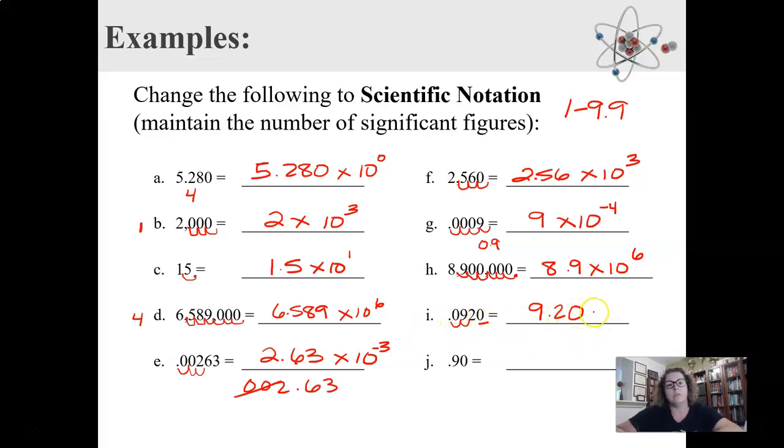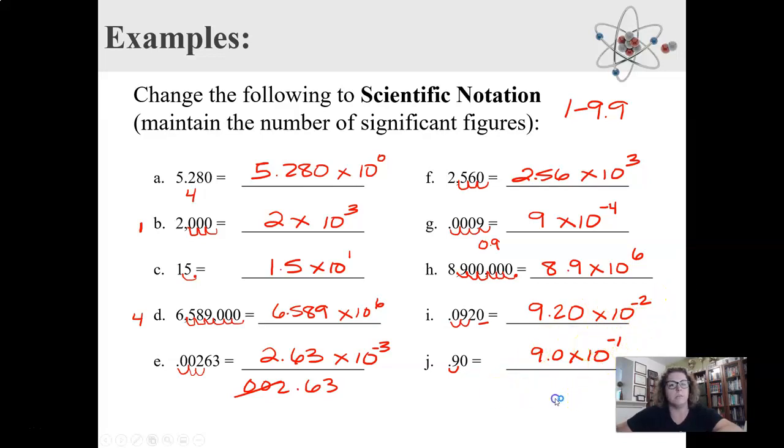So 9.20, and I moved my decimal, looks like 1, 2 places, but to the left, which means negative. And 0.90, just a quick little 1 place move, but the 0 at the end is significant. So 9.0 times 10, and when you move that 1 place right there, and I did move it to the right, so it is going to be negative. Okay, so hopefully you did those correctly, and if you have any questions, just keep watching the video and just